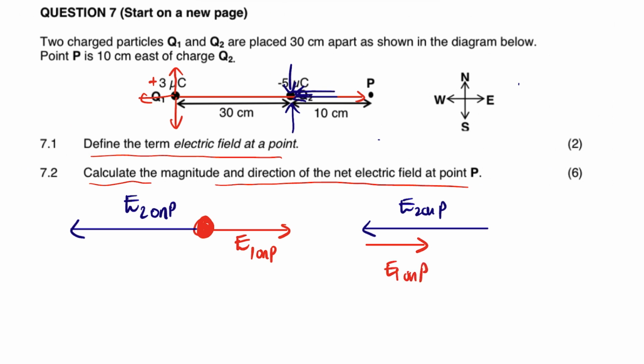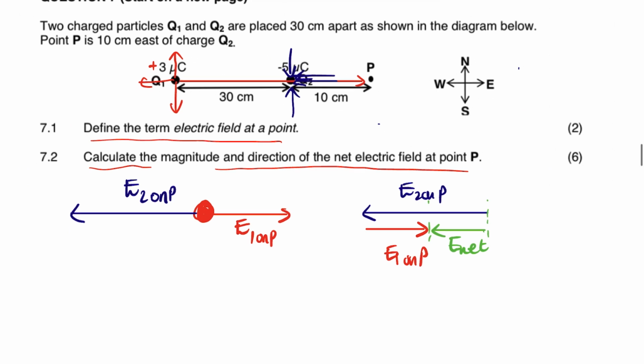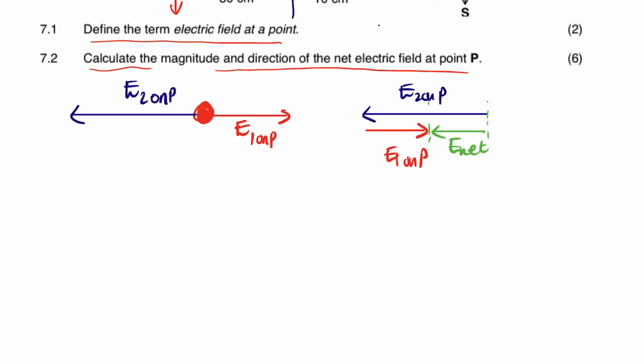Then the resultant will start from the tail of the first vector to the head of the last vector. So the E net's direction is going to go to the left, right? So it's going to go to the left. Now let's calculate. This is 7.2, so we'll calculate